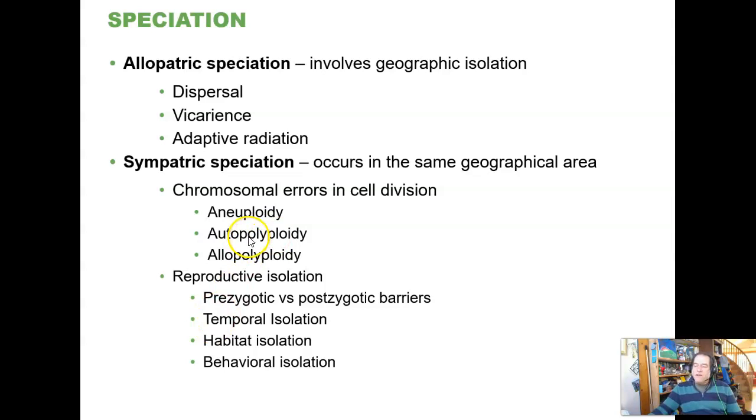Autopolyploidy is the case where an organism duplicates its entire genome set in one go. And that is what has happened with any number of plants. This is extraordinarily well known from plants. There are lots of plants that have not just 2 versions of each chromosome, but 4 or 6 or 8. And anytime it's an even number like that, odds are they've duplicated their entire genome.